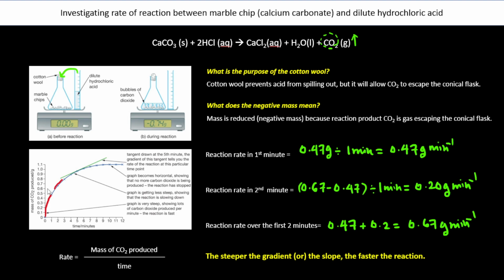And you might think, is it not that 0.7, so carbon dioxide is being produced faster in the second minute? No, because we're looking at the rate of a chemical reaction, so we are only going to see the difference here. All right,